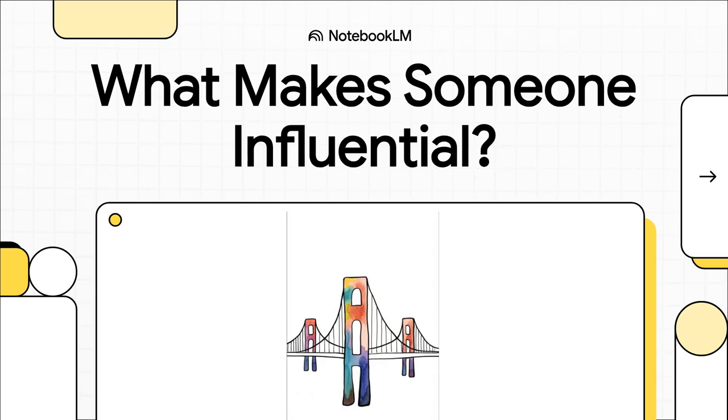So what really makes someone influential? We all think we know the answer, right? But it turns out the real science of influence tells a totally different story. The most powerful person in the room or on the entire internet is often hiding in plain sight.